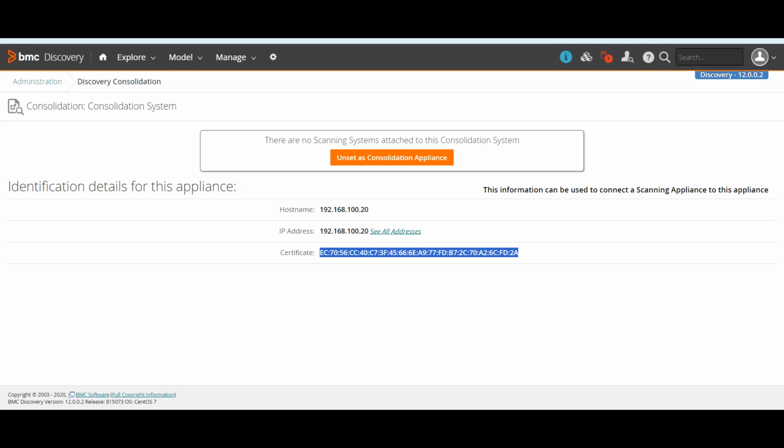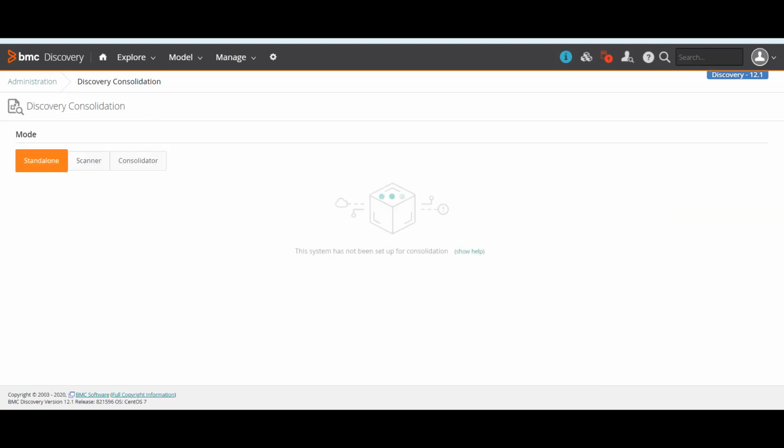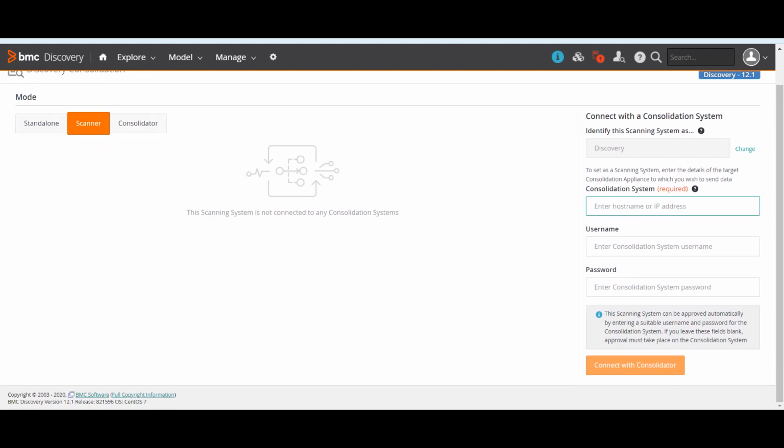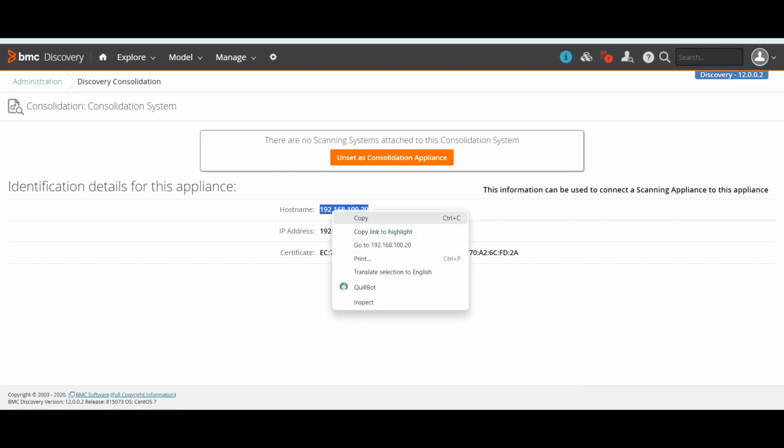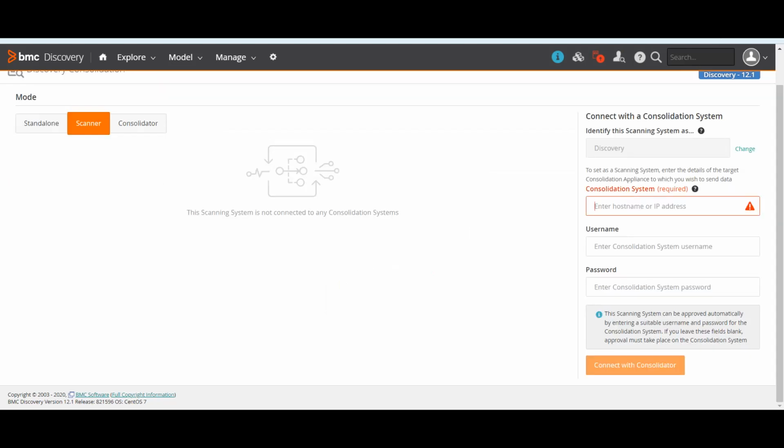But to take this live example, I need multiple servers, which unfortunately I do not have. So I am just explaining the concept on the same server itself. So ideally, when this is set as a discovery consolidator, then on some other machine, there I will set this as scanner. For example, this is my other machine. Here let me copy this. So this one I have set as consolidator. Then if I go here in the scanner,